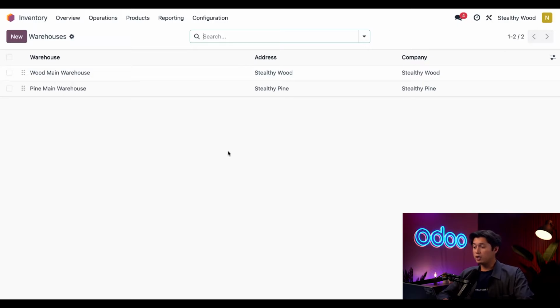Now we're ready. I'll open up the company picker and disable Stealthy Pine, and then click Confirm. I'm pretending to be the Stealthy Wood procurement manager, and with my access rights, I can only see Stealthy Wood stuff. So we're going to jump back to the Purchase app,